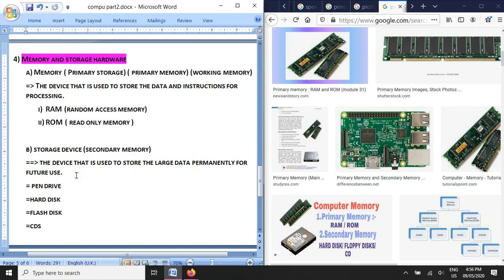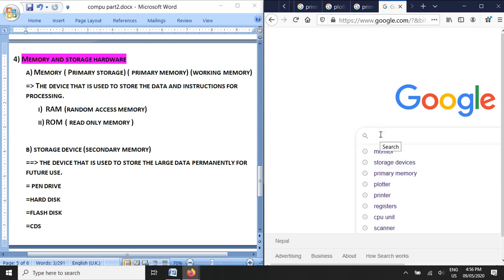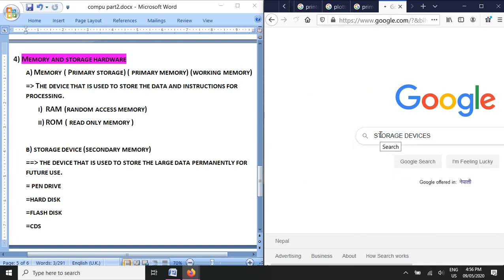There are different storage devices we have. Pen drive, you might have seen.